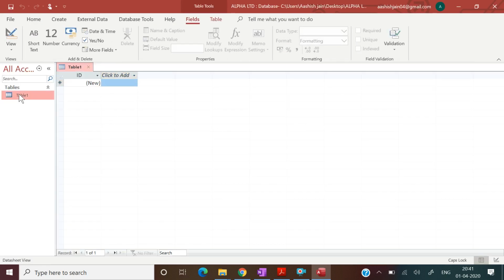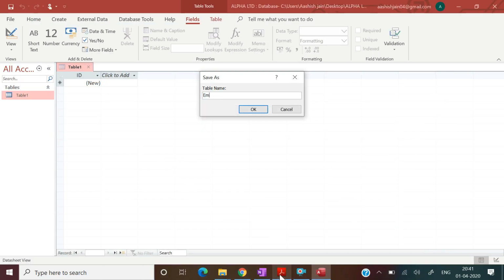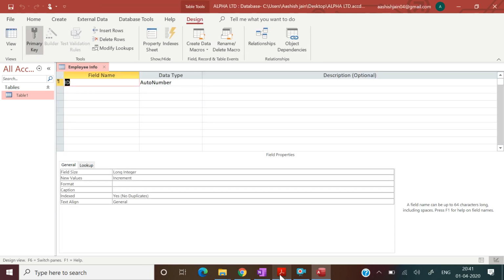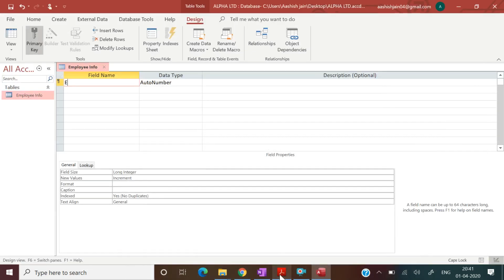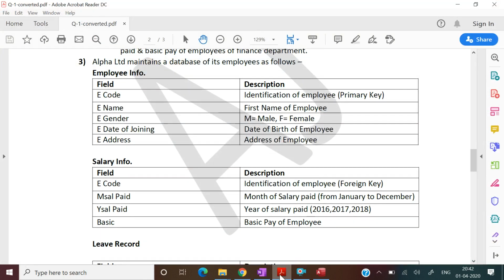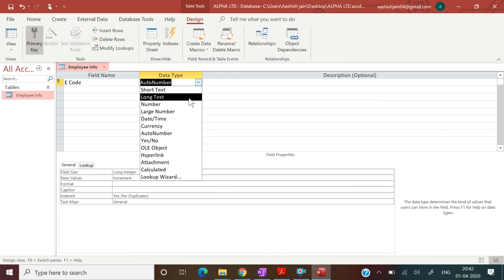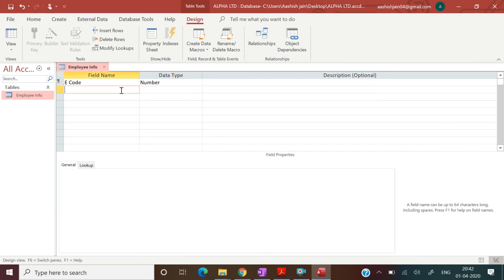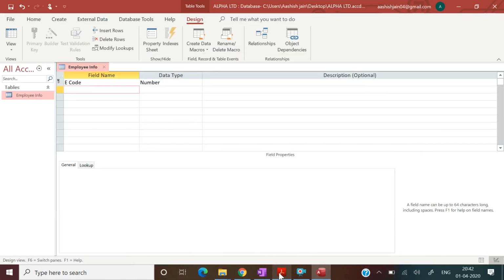Now the first table is employee information. The first field is e-code. That must be a primary key. Select number. Then the second one is e-name.